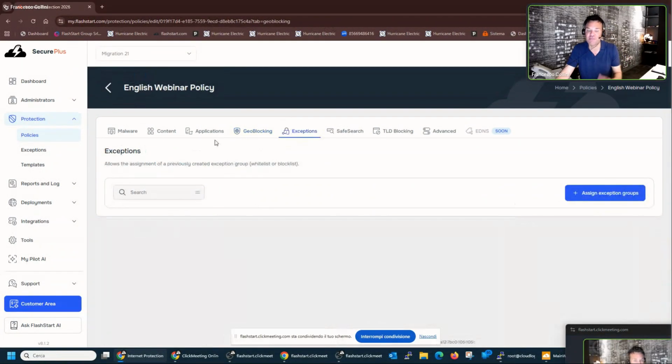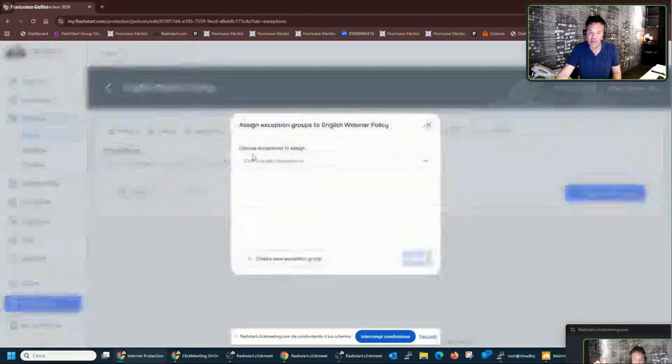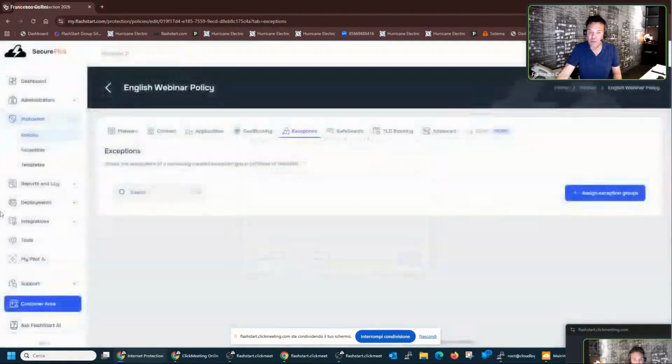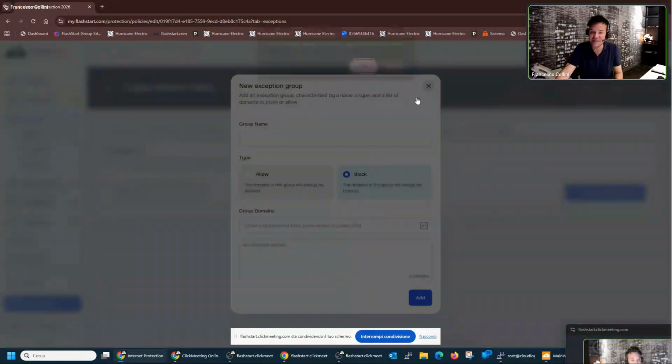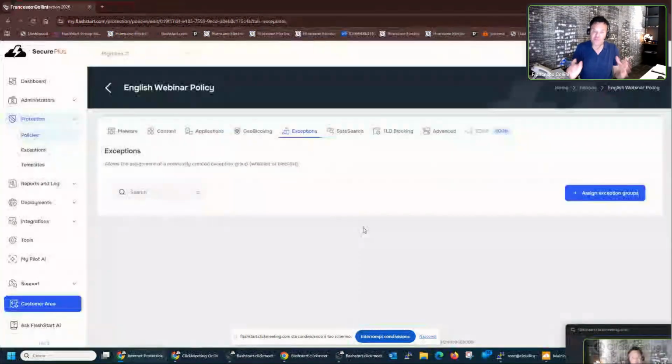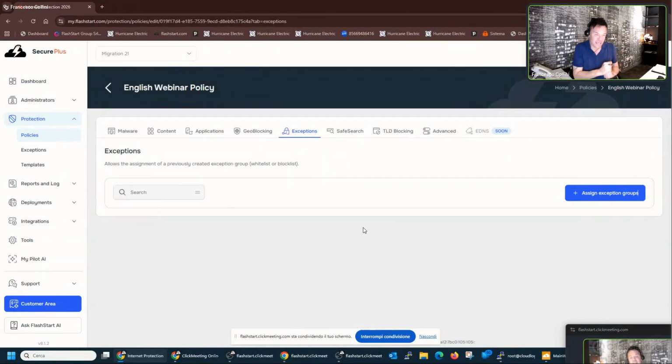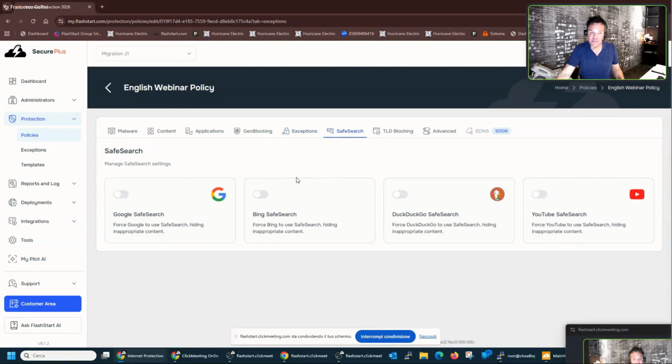Exceptions, this is the list of exceptions. We can create both whitelist groups and blacklist groups, personal blacklist and personal whitelist, and we can reuse these exception groups in every protection policy. The safe search module, I'm gonna allow everything, I'm gonna toggle everything because I would like to block